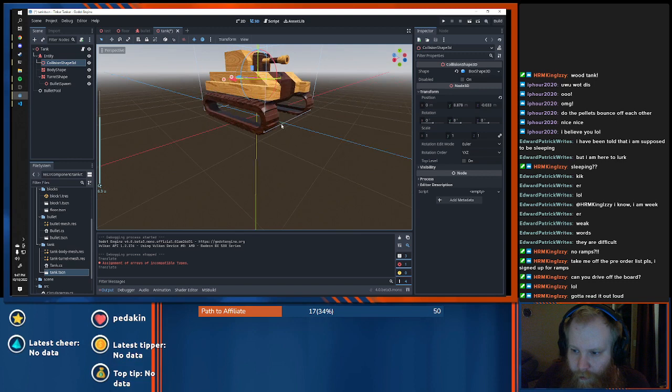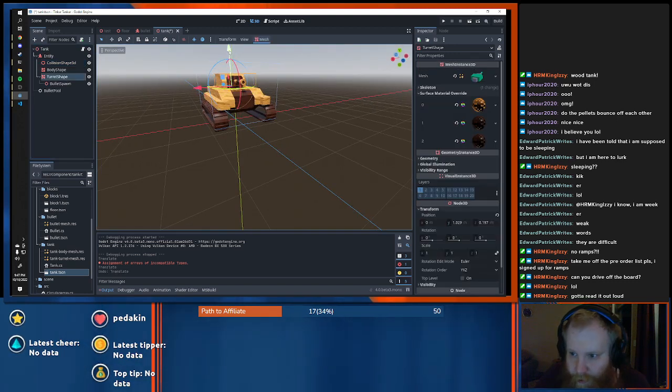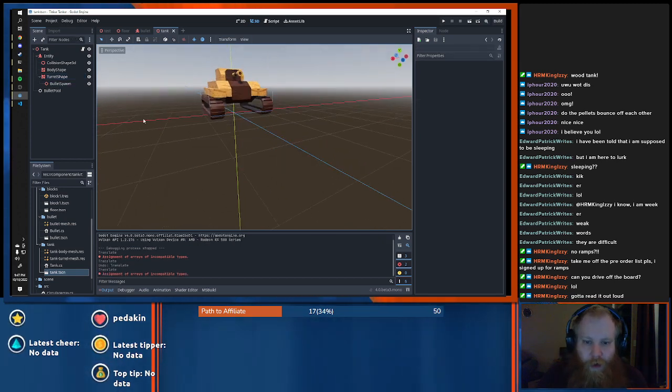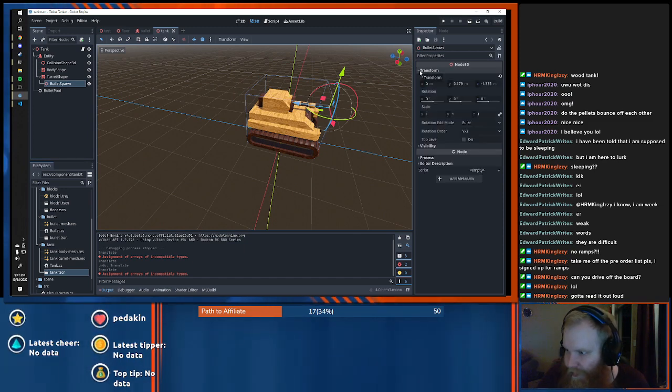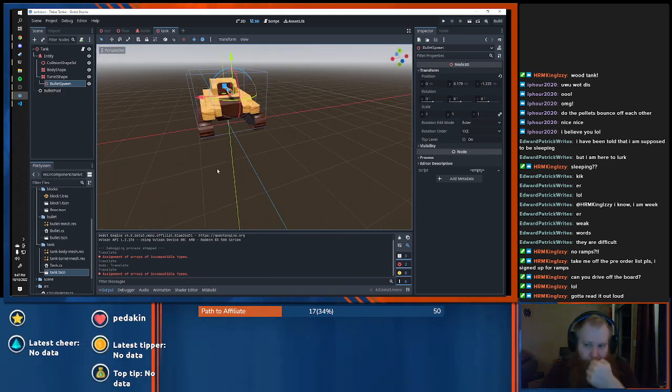Oh, I think that wasn't the turret I just moved. There we go. He's a little bit shorter. Okay, bullet spawn. What is the height of this? It should really be standardized. That's fine. That'll work.